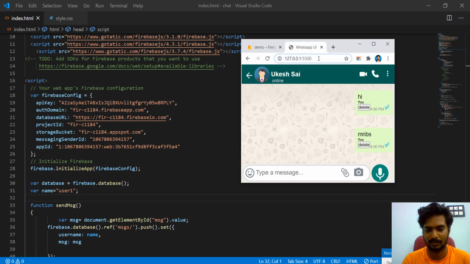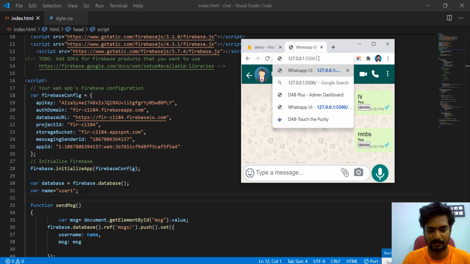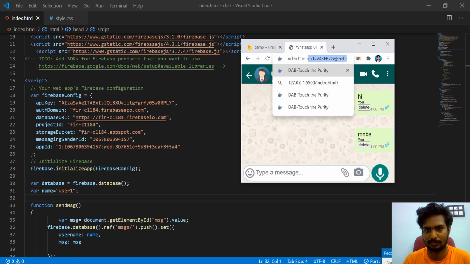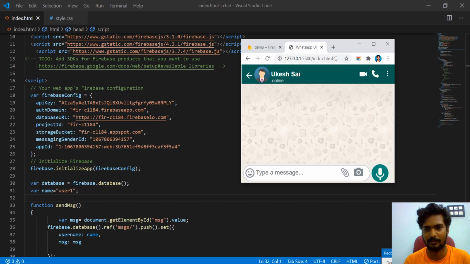It will be like this: index.html, question mark, UID equal to some name, like I can use my name. If I am giving it like this, now it is Yukesh.